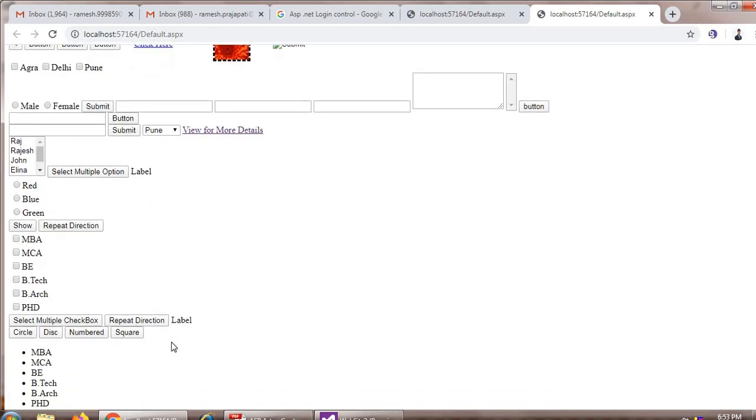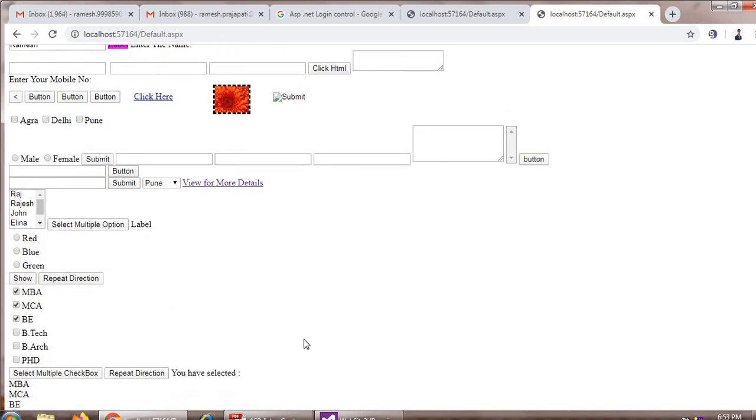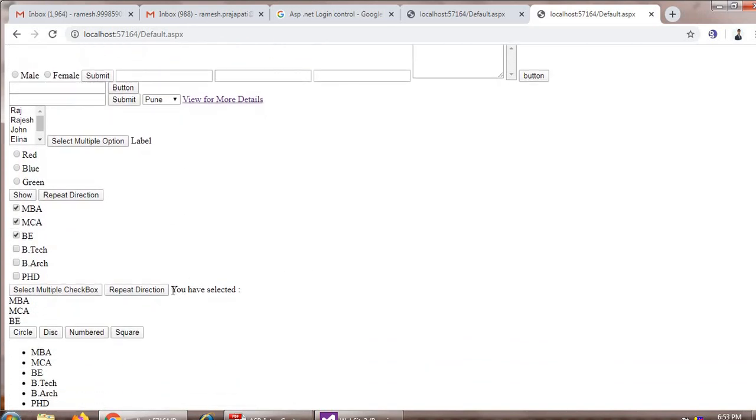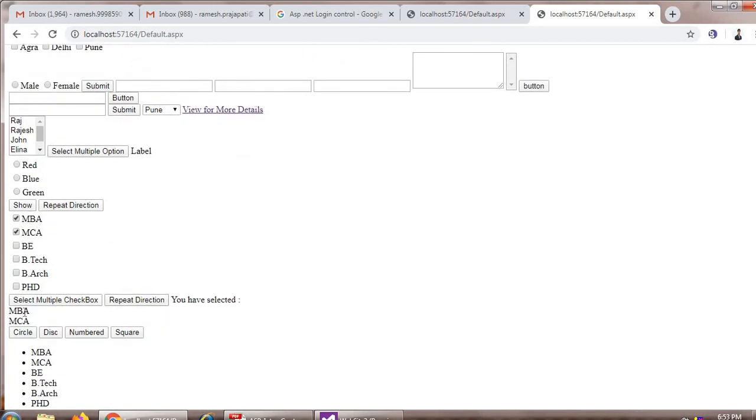And here if I select MBA, MCA, BE and click select the multiple checkbox, then it displays in a label: you have selected the MBA, MCA, BE. Clear? And if I untick and click select the multiple checkbox, then again it displays you have selected the MBA and MCA. Clear? Done these things.